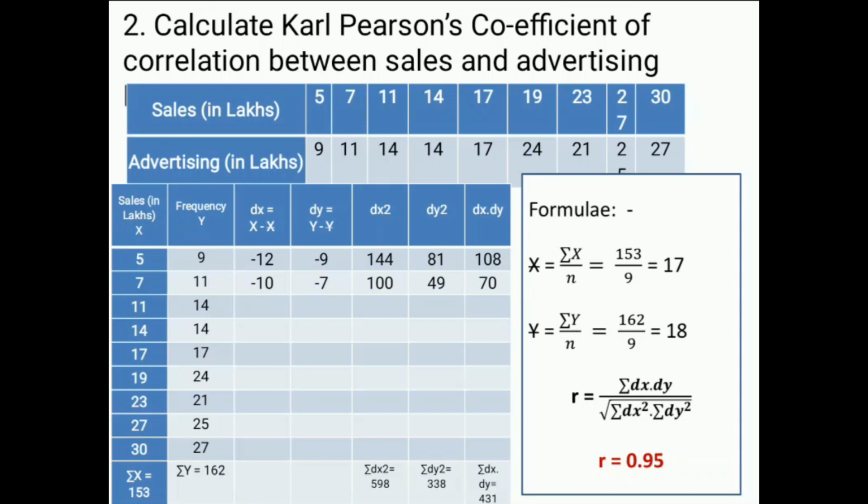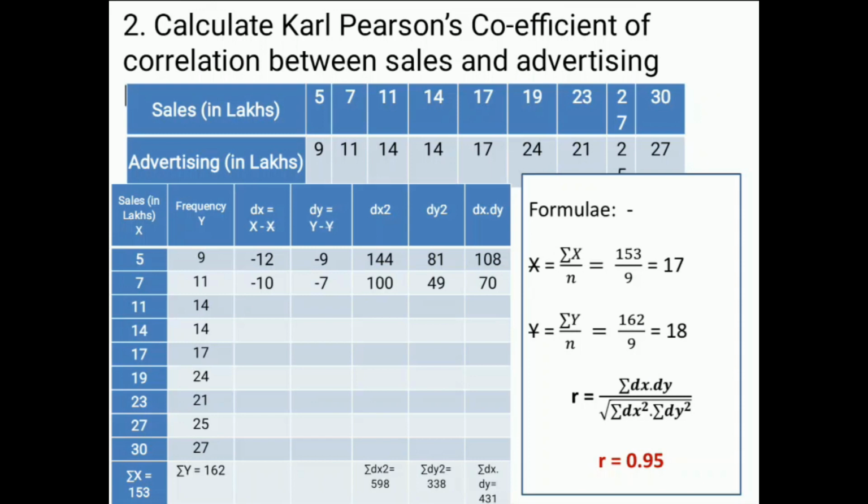If you observe this relationship carefully, a positive relationship exists between these two values. As we increase the amount spent on advertisement, the sales amount also increases. But correlation tries to explain the degree of relationship. So a positive relationship exists between these two, but how strong it is can be explained with the help of Karl Pearson's coefficient of correlation between sales and advertising.